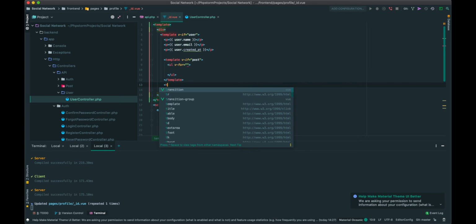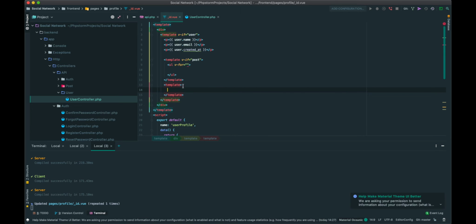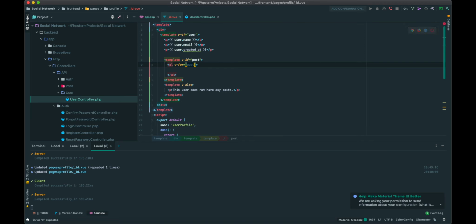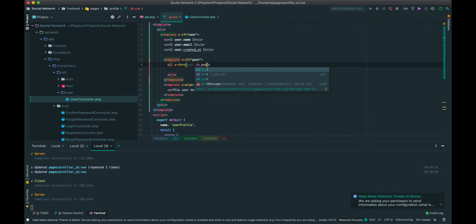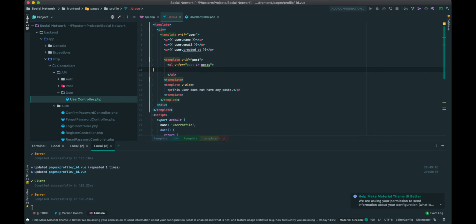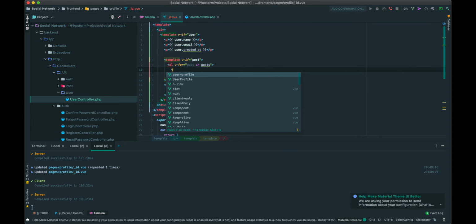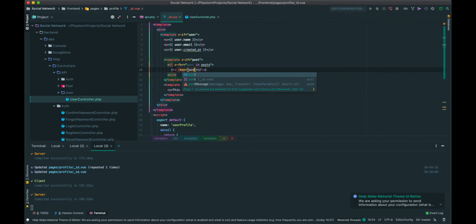Otherwise, we want to say template v-else, and say this user does not have any post. Then we say post in posts, and then li, and the key is gonna be post ID,